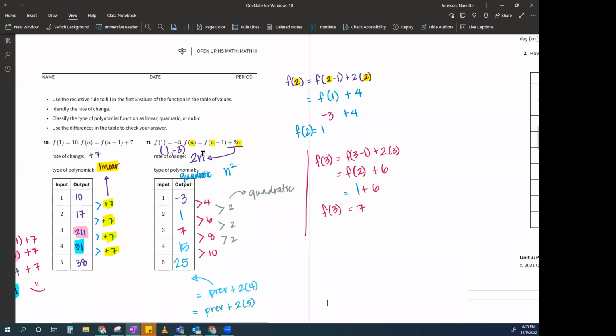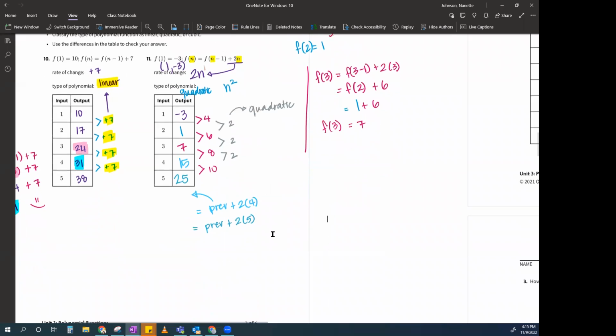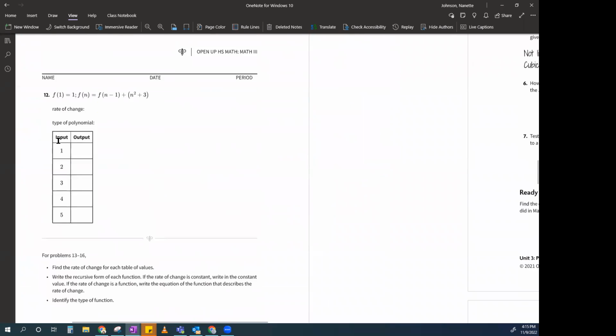So if your rate of change is linear, meaning to the first, then your type of polynomial will be to the second, which means it's quadratic. So there's a couple ways that you guys can tell. Okay. So now I'm going to make you do number 12, and I'm looking at number 12 and it's a